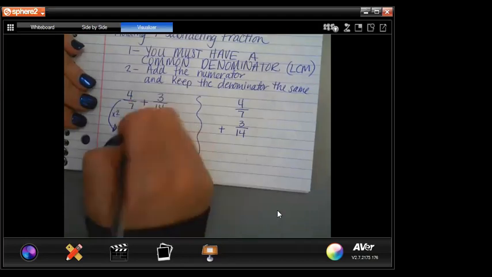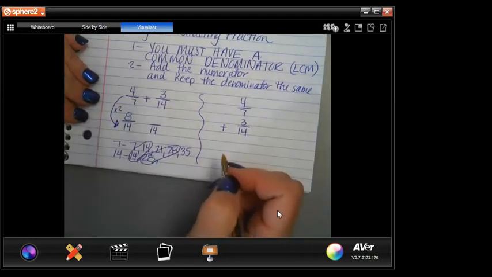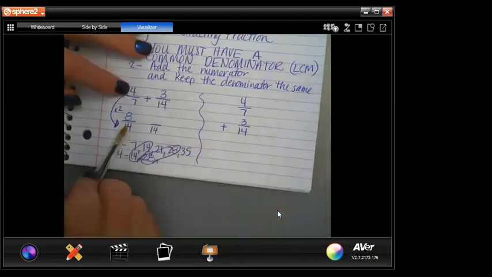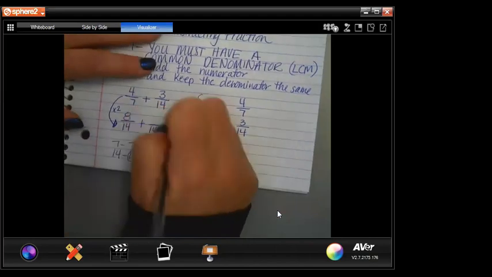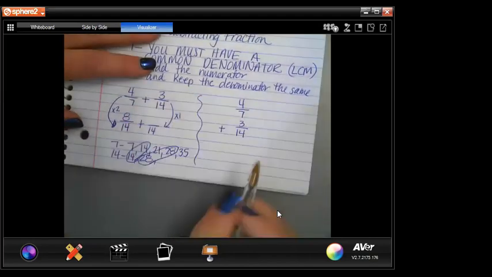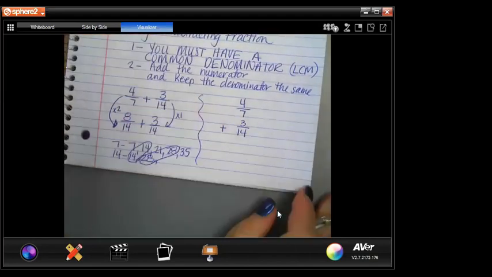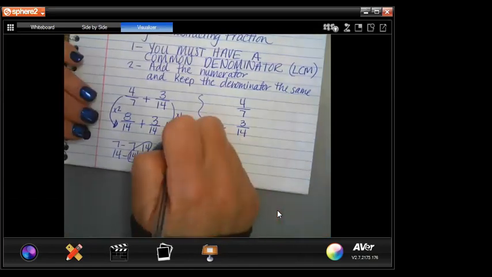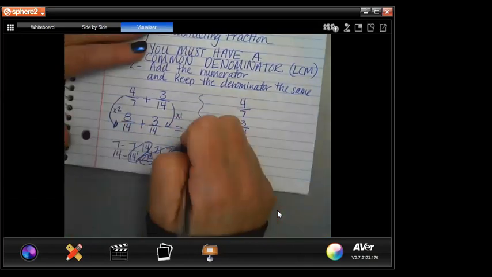4 times 2 is 8. Okay, so these now are called equivalent fractions. 14, oh, look at us, yay, it's just times 1, so this is 3. So finally, I'm just going to add my numerators. So this becomes